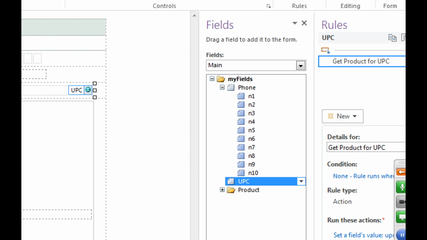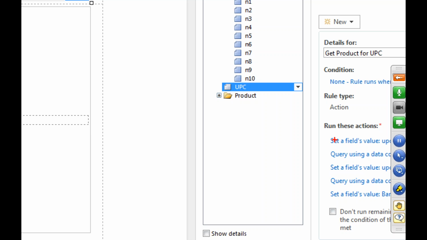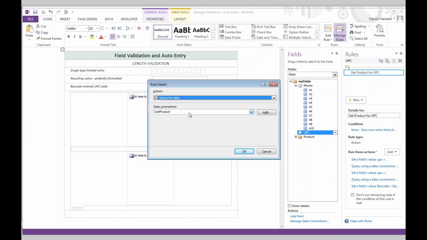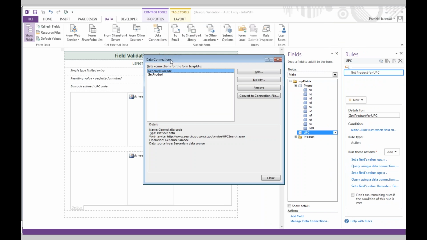So it's actually querying a publicly accessible UPC database, and you can use this when you get the samples. It actually calls get product, which is one of these public SOAP web services that searches the